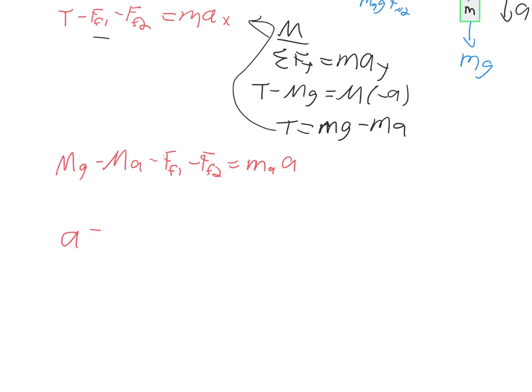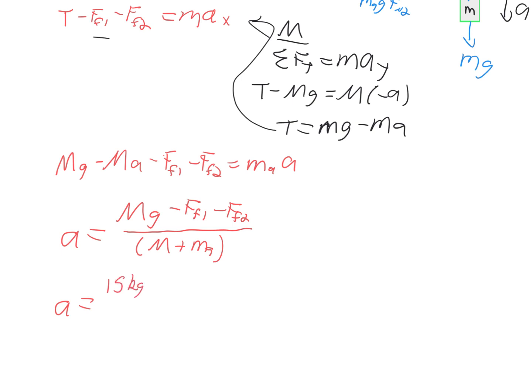What you would get when you do that algebra is A is just going to be equal to big mg minus your two forces of friction, all divided by the sum of your masses, big M plus the 9 kilogram mass. So what this comes out to be equal to again is big M, so 15 kilograms, times 9.8 meters per second squared